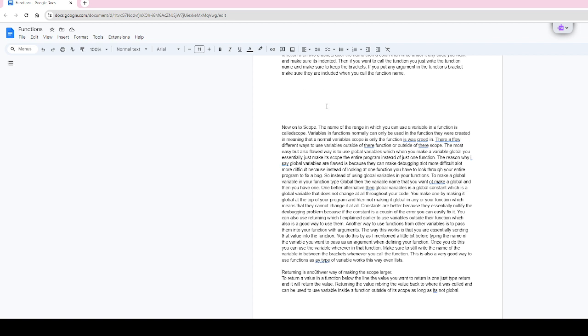The most easy, most simple, but also flawed way is to use global variables, which when you make one will essentially just make its scope the entire program instead of just the one function it was originally made in. The reason why I say global variables are flawed is because they make debugging a lot more difficult, because instead of just looking at one function, you have to look through the entire program to fix a bug because that variable is constantly changing. So instead of using global variables in your functions,